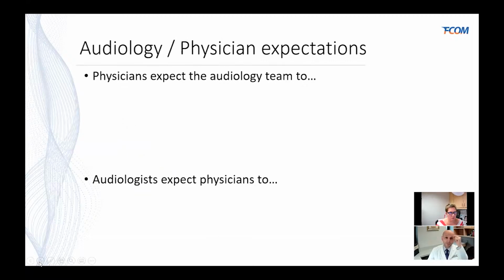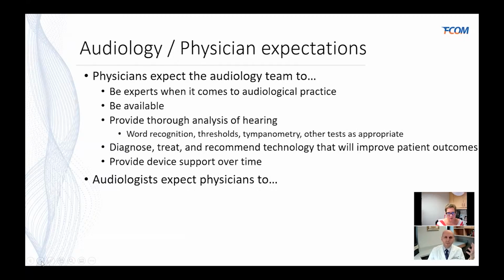Moving on, in terms of expectations, similar to what we talked about earlier in the relationship, the physician expects the audiology team to be the experts, to be available. And I think this is really important, something that we try to practice as much as we preach here at this center. We're lucky enough to be in physical proximity between the physician's clinic and the audiology clinic. And quite frequently, we walk back and forth and discuss patients in real time. And we understand that the other side of the team isn't always going to come at the most convenient time, but we'll do our best to be available, step away from what we're doing and discuss that patient. And I think that's a two-way street that makes a lot of sense and gives our patients the best